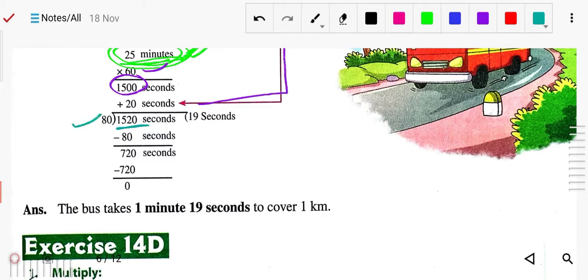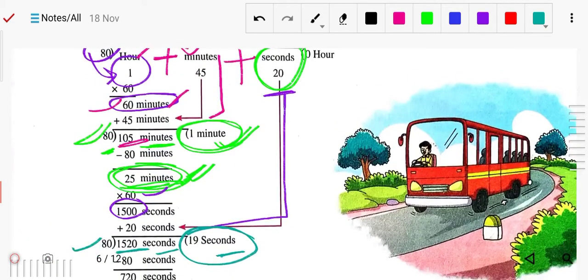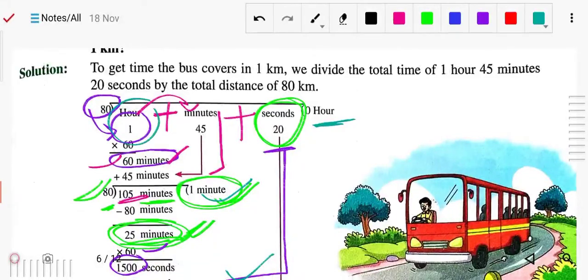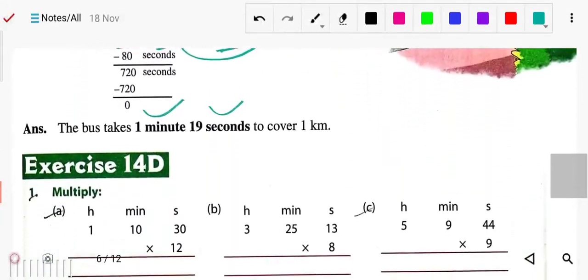Now you can see that it is completely divided. Whatever the quotient is will be in seconds. So it means now 1 minute 19 seconds. You can see there is a quotient: first of all 1 minute, now 19 seconds. Earlier it was 0 hours, so there is no need to write it, because when we divided the hour part, it was not possible to divide, so that is why 0 hours was written. Okay, we will solve some questions, then you will understand.